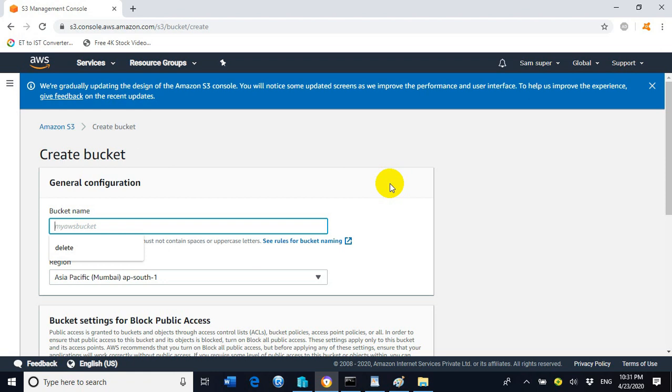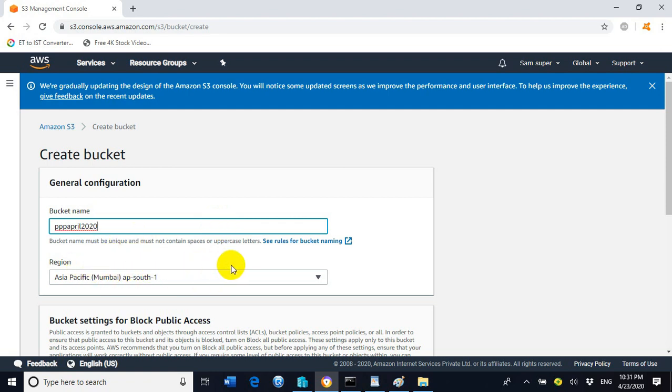So they can create a new bucket with a new name which should be globally unique. More than one person cannot utilize the same bucket name. So I will give here a name, Triple P April 2020,